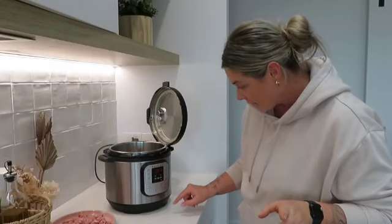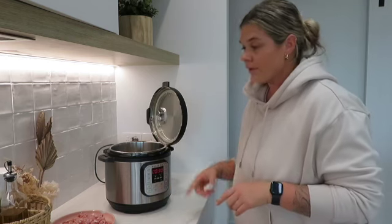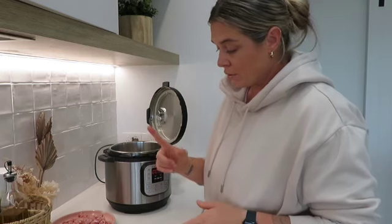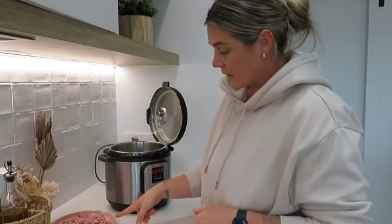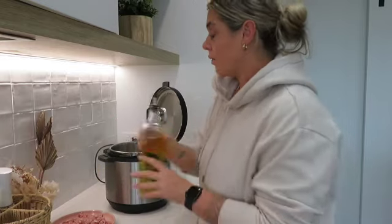Okay, so first things first is that our Instapot has a saute button. So I'm going to turn that on for now because what I want to do is be able to cook my onion, garlic, and my bacon and just saute that for a little bit. So I'm going to apply my oil,